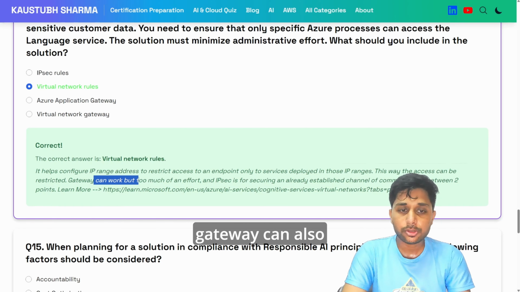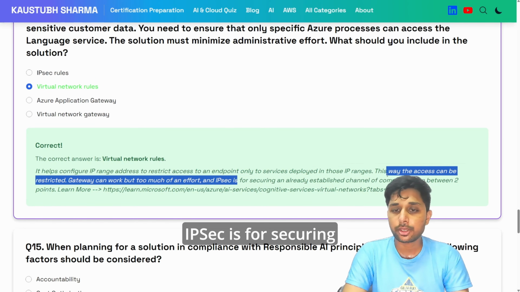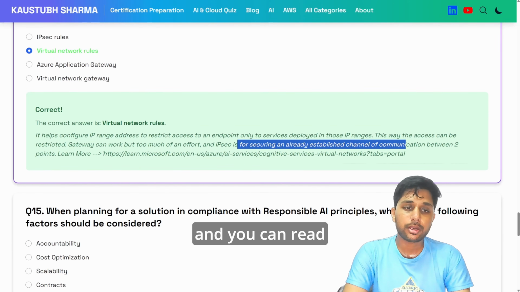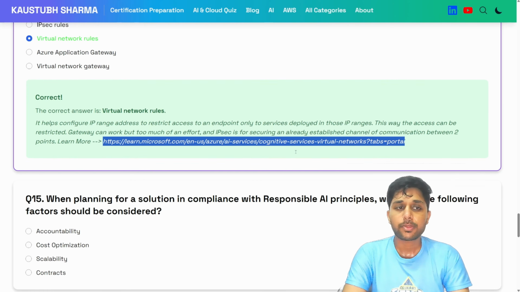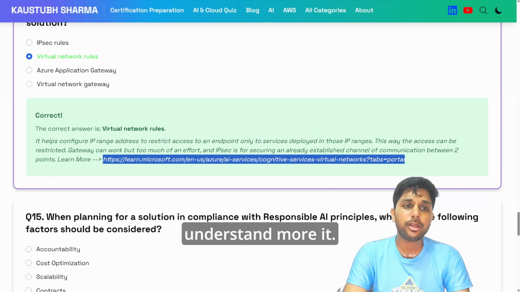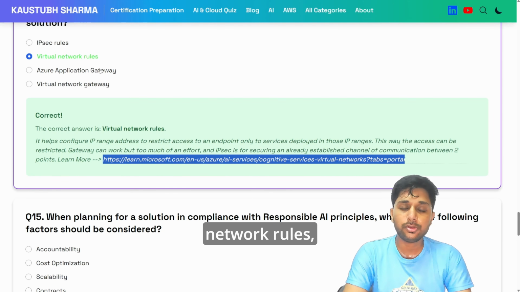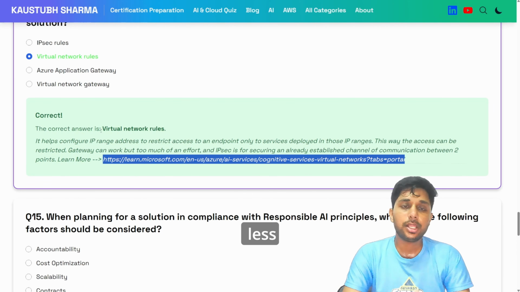And a gateway can also work, as I said, but it requires too much effort, and IPsec is for securing an established channel between two points. You can read more about it. You can just take a screenshot and go to this portal, and it will help you understand more. But as we discussed, using virtual network rules, you can allow access to certain Azure processes with less